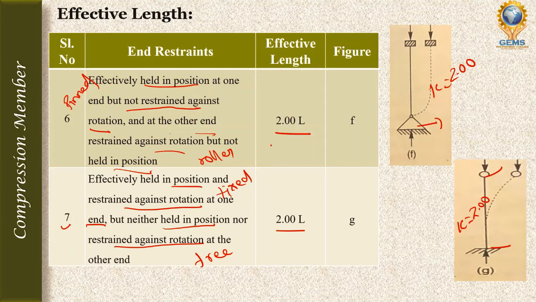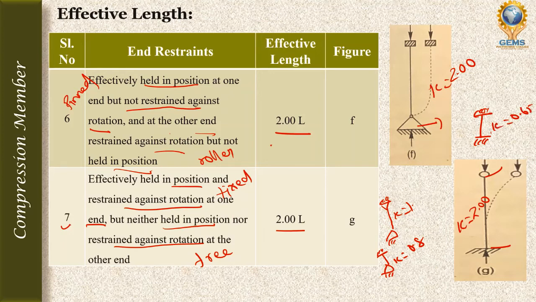So the first, it is held in position at both ends. So the first condition is hinged or pin joint. So for that K is equal to 1. The second condition is one end is fixed, another end is hinged. So for that K value is equal to 0.8. Third condition is both ends are fixed, so K value is